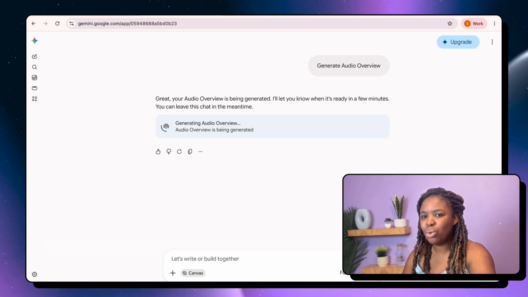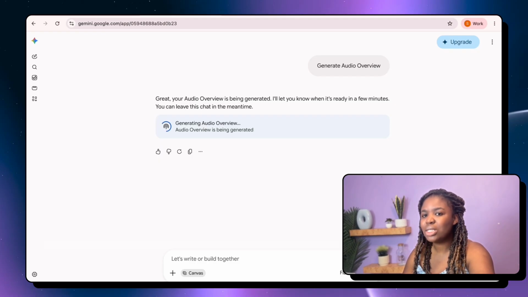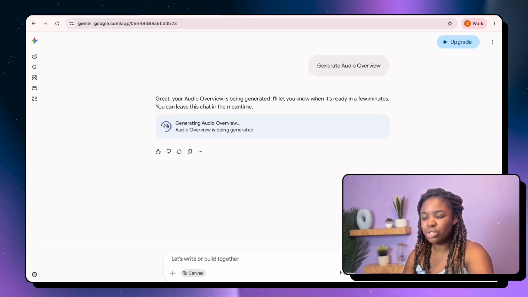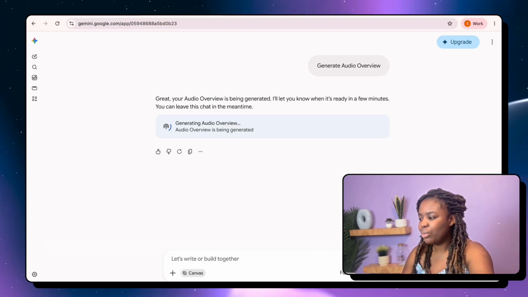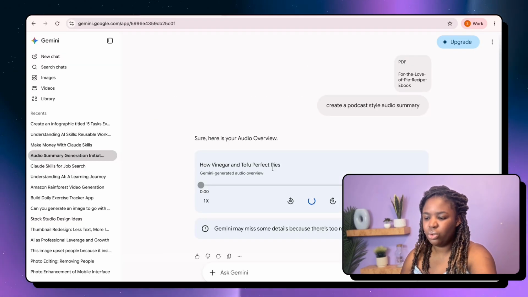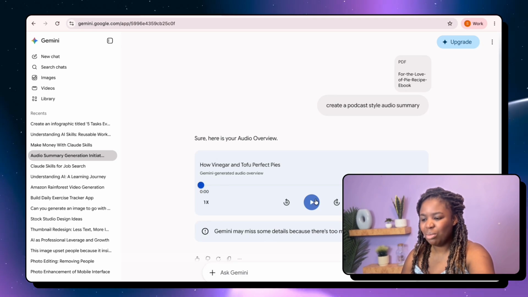Though I want you to hold on the thought on NotebookLM, because there's something interesting about what you can use NotebookLM or what you can use Gemini for as well. We'll come back to it. I promise that number 9 is going to be iconic. So just stay with me till the end of this particular video. Okay, so I already generated one so that you can see how it works, but I'm just gonna play this